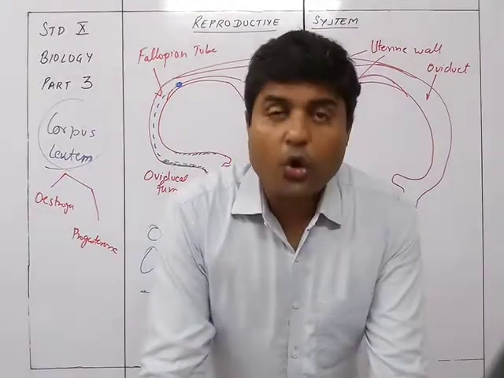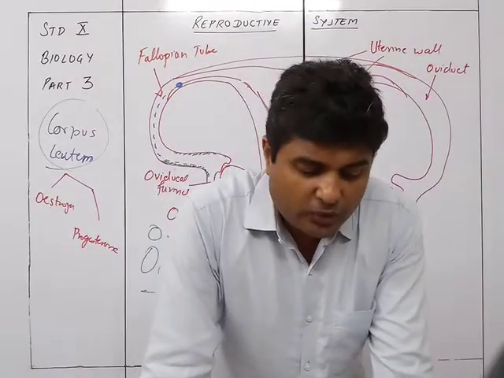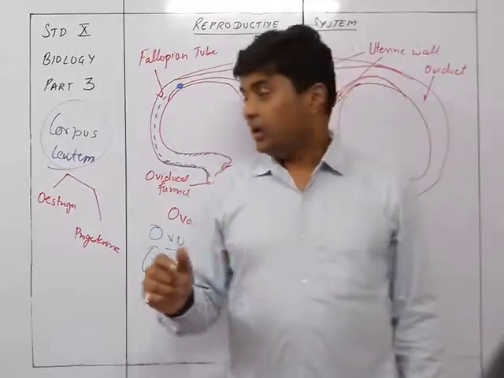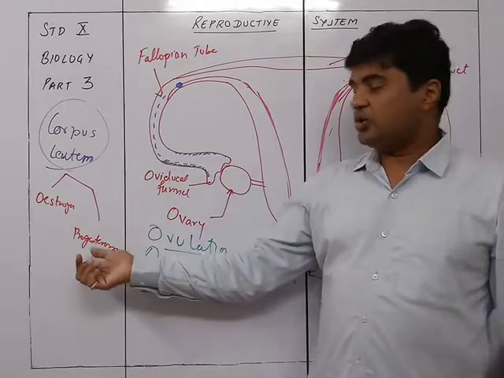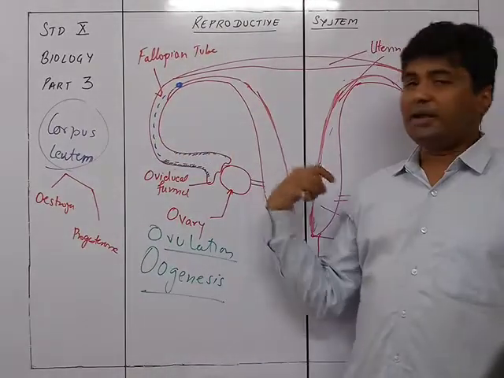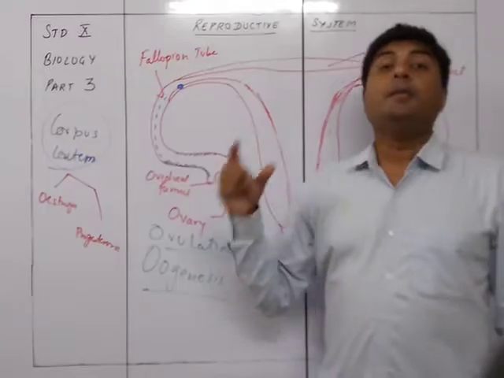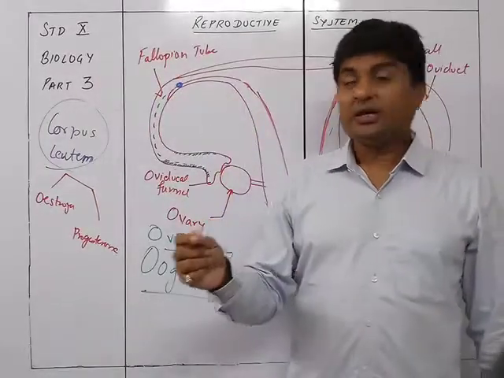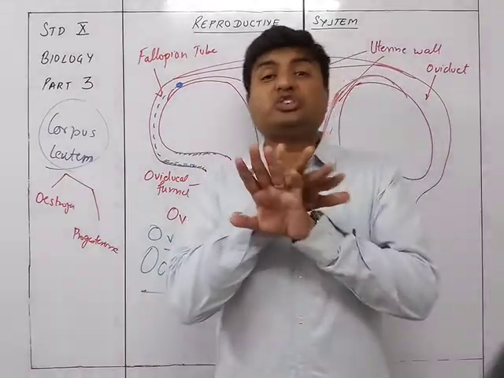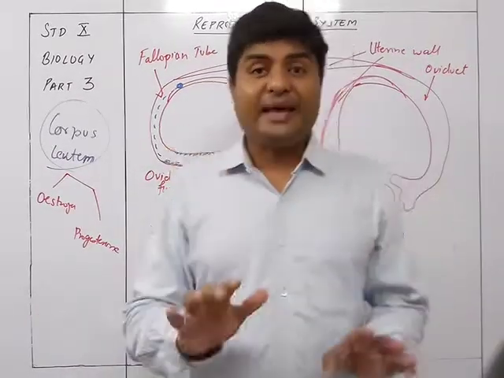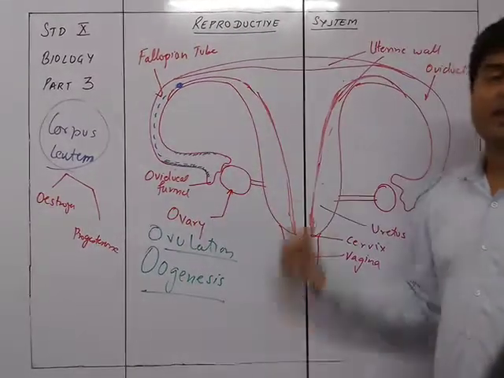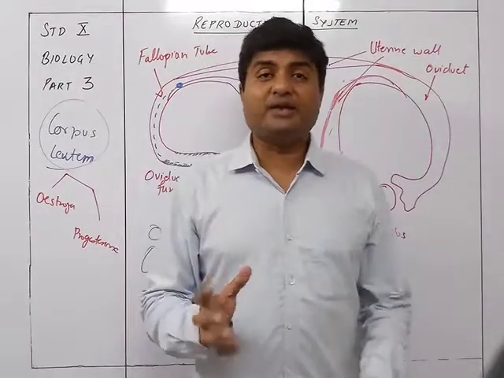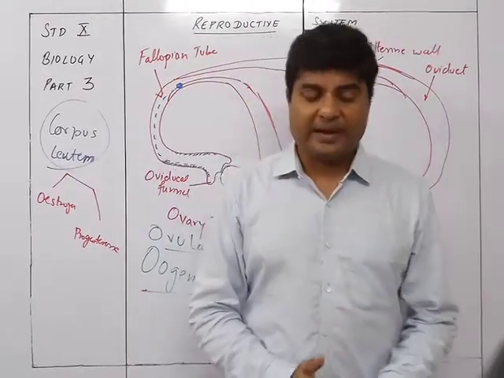So if the ovum is fertilized, the corpus luteum continues to release progesterone. Now see this, this is the most important part. If the ovum has not been fertilized, then progesterone will stop being released, the thickening will reduce, and then there will be shredding taking place. But if the ovum gets fertilized, there will not be any shredding of the walls of the uterus. In fact, they will keep on thickening so that they can have proper implantation and pregnancy taking place.